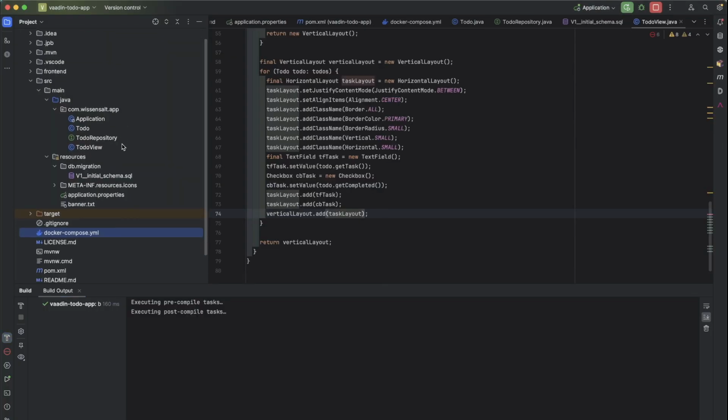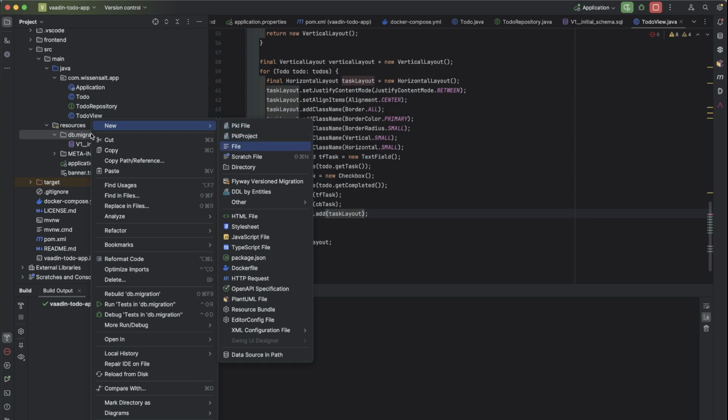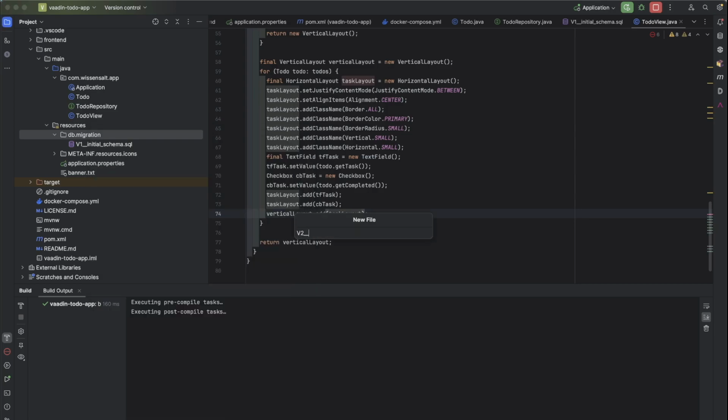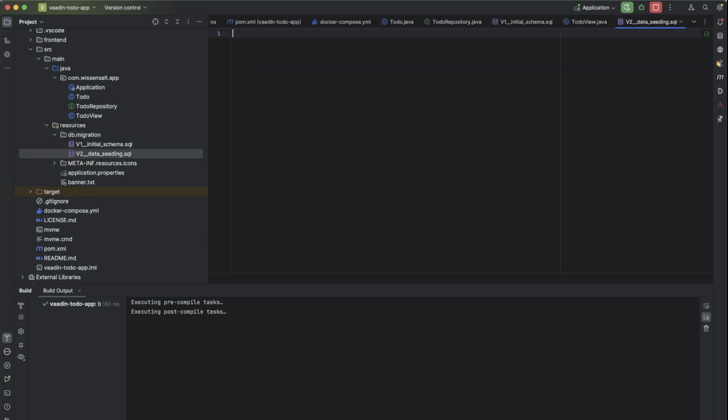So let's try to create some data migration again. V2__init_data_seeding.sql. Insert into todo, id, task and completed with values. I think we don't need ID because it is auto generated. The task is learn Java. It's not completed yet,